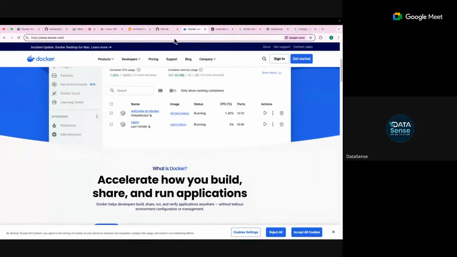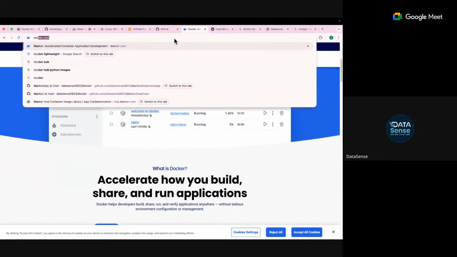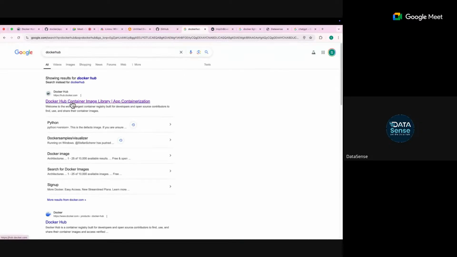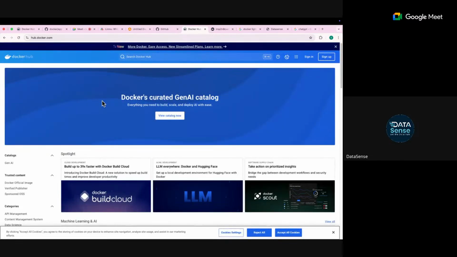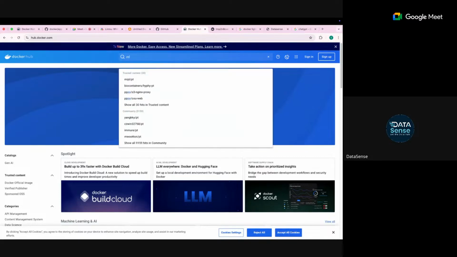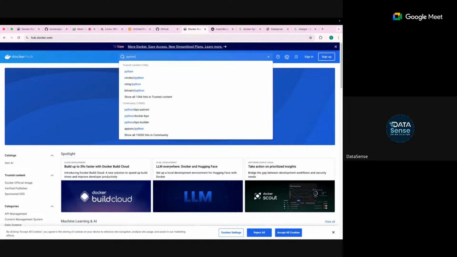Similarly, there is Docker Hub. In Docker Hub, you will find all the images. The Docker Hub container image library contains all the libraries. Let us say you want Python, Java, whatever you want to see, you can go there. So simply I'll search Python here.